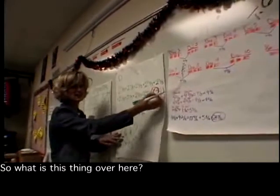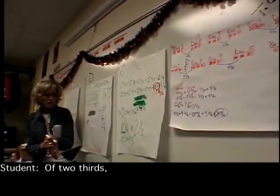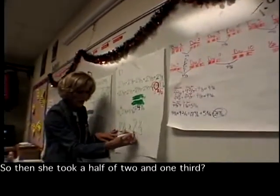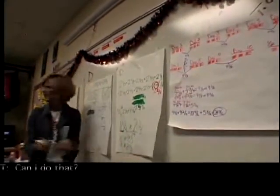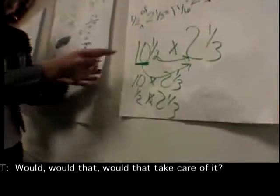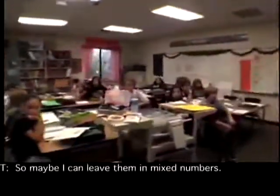So what is this thing over here? That's half. Half of what? Of 2 1/3. Oh, so then she took a half of 2 1/3? Yeah. Can I do that? Would that take care of it? Could I do 10 groups of 2 1/3 and then a half of a group of 2 1/3? Yeah. So maybe I can leave them in